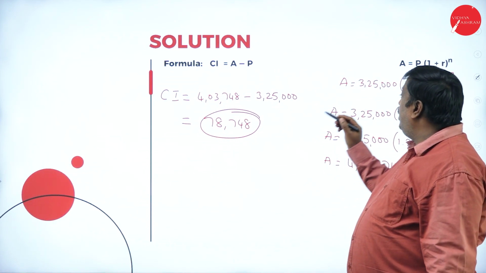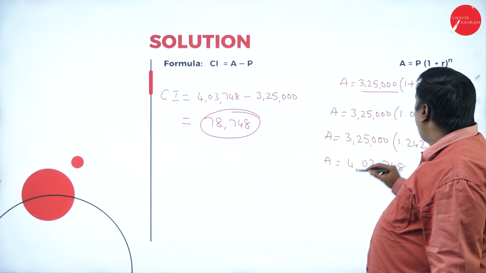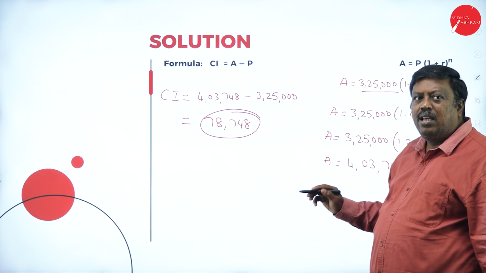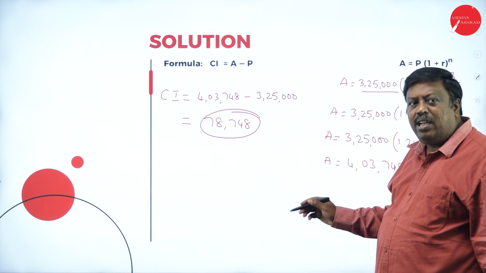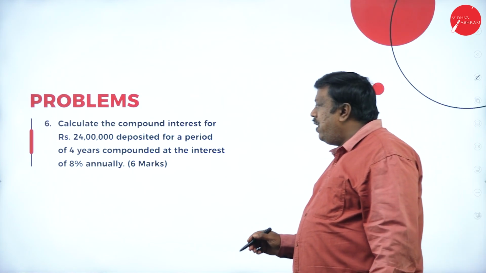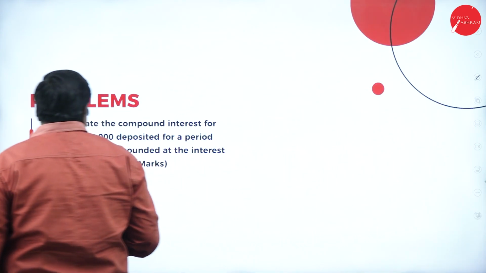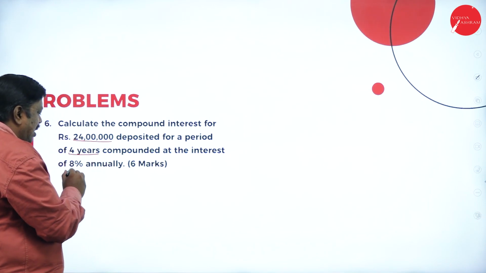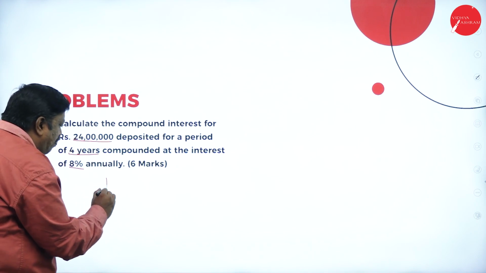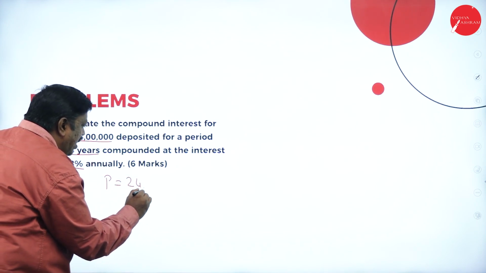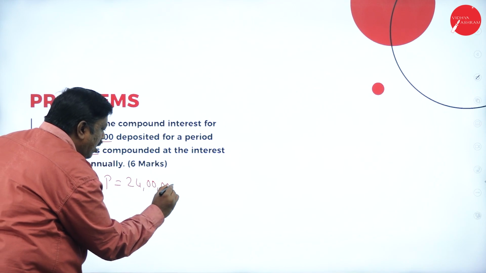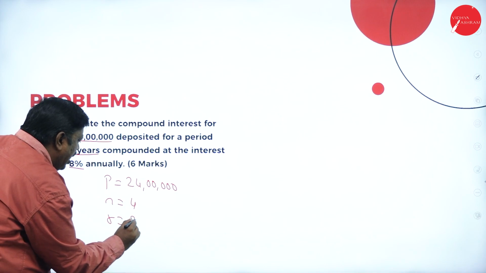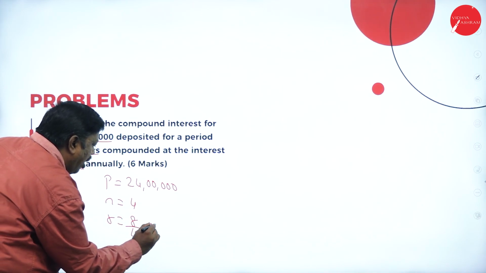So my compounded interest amount will be 78,748 for the investment of 3,25,000 for a period of 3 years at the rate of 7.5%. That's how we have to calculate the compound interest. The next one we have here, the sixth problem. The amount we are depositing is 24 lakh, the period is 4 years and the rate is 8%. So principal amount is 24 lakhs. Period will be 4 years. R will be 8 by 100 or